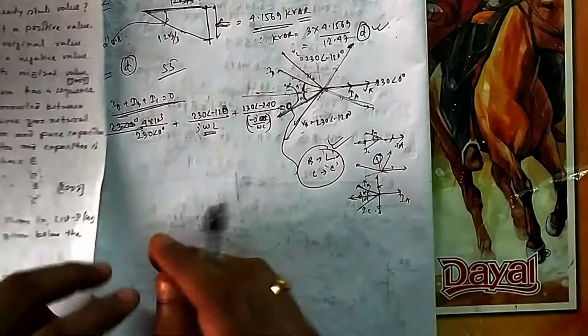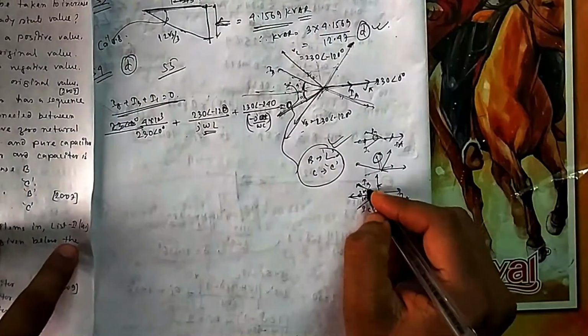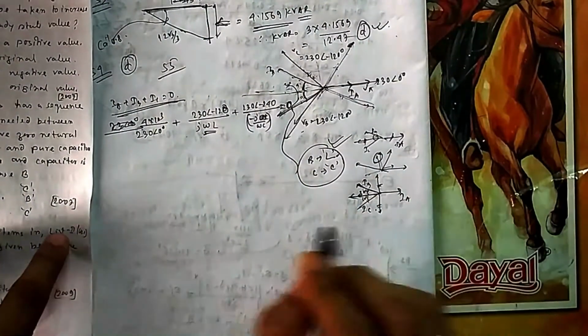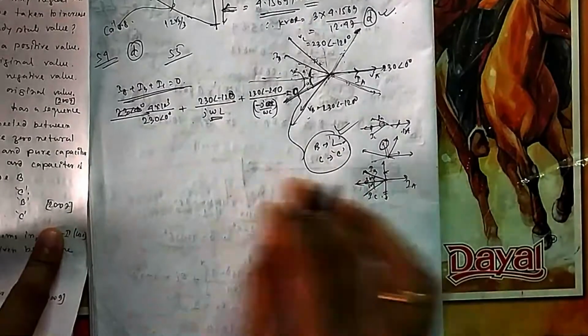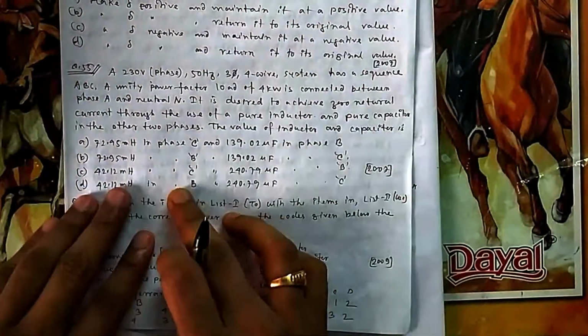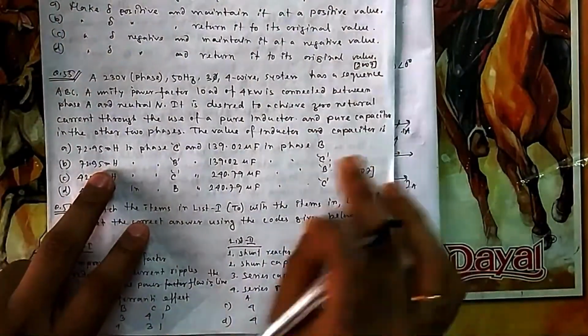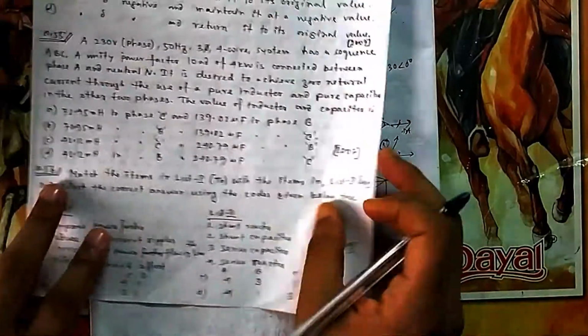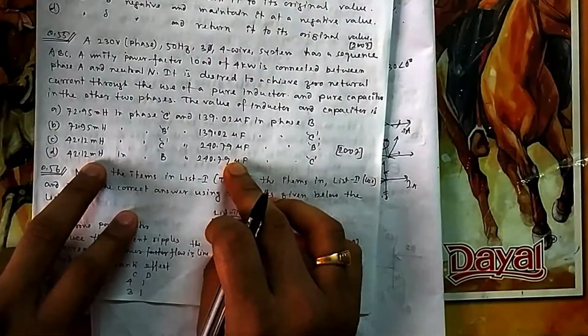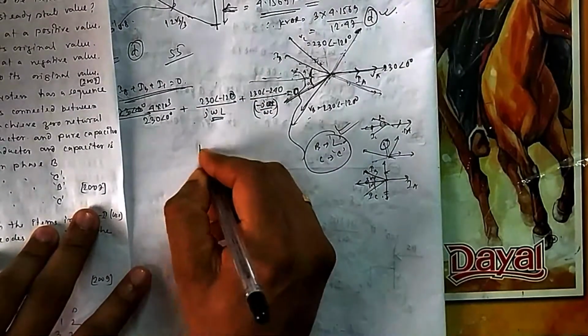So from here also you can see which option cancels, or you will find the equation between L and C. And if you add these two, cos 30, that should be equal to 1. That also gives you two equations, and if you solve, you will get it. Best will be to put in the options. You have two options left, you put omega L here and omega C here. Similarly, you put these two also. See which one is satisfying this equation. If you put it, you will see that option B is satisfied.